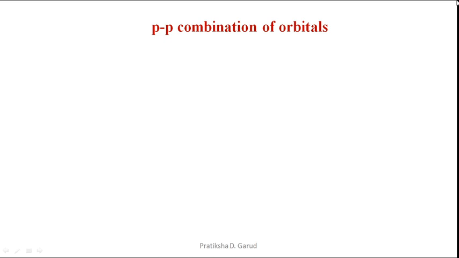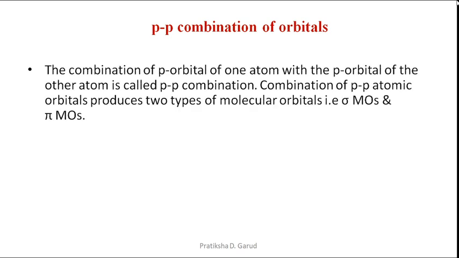The third type is the pp combination of orbitals. Again, one p orbital combines with another p orbital. Two atomic orbitals, there will be formation of two molecular orbitals. Out of the two molecular orbitals, one will be bonding and second will be the anti-bonding. So, the combination of p orbital of one atom with the p orbital of the other atom is called as